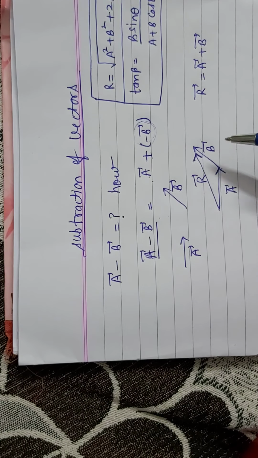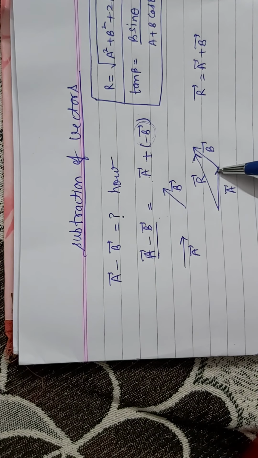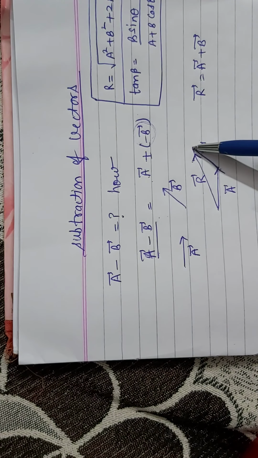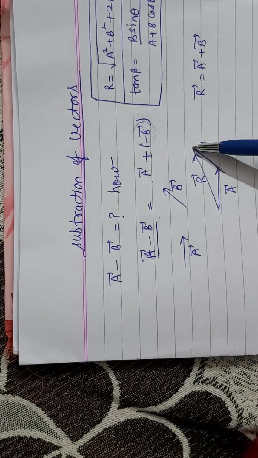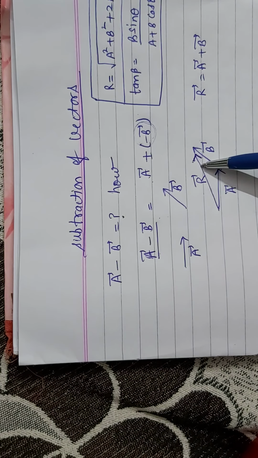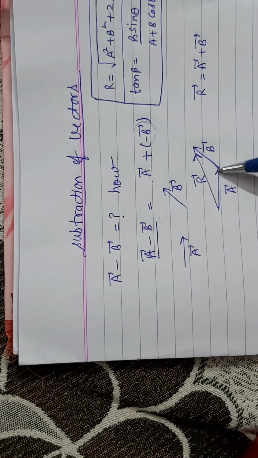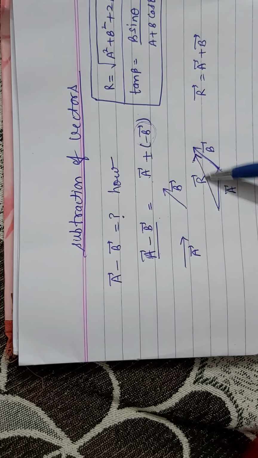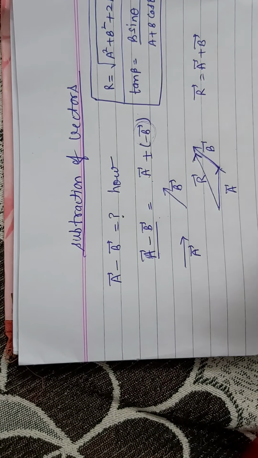The order means we are moving from here to here in the direction of a, then we are moving in the direction of b without turning our face. But this thing is in opposite order. In the same order it would go like this, a circular motion, but r is in the opposite order. So this is giving this thing.